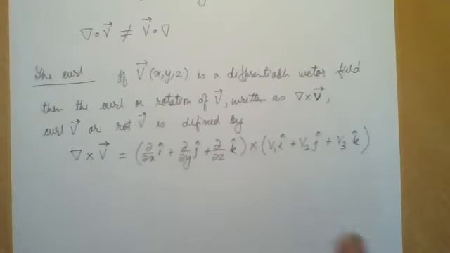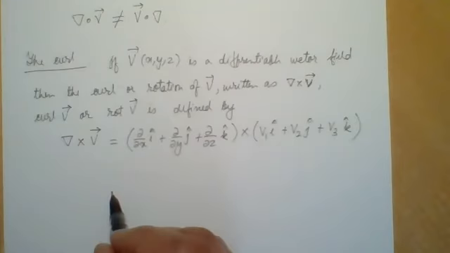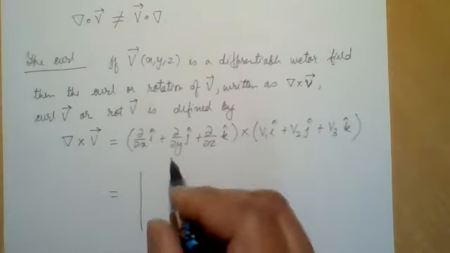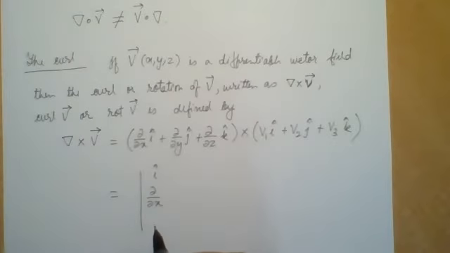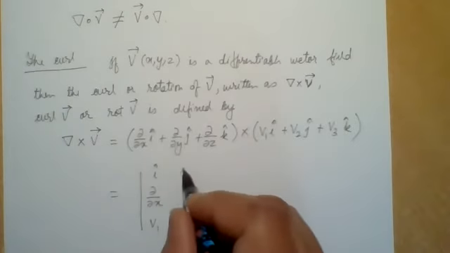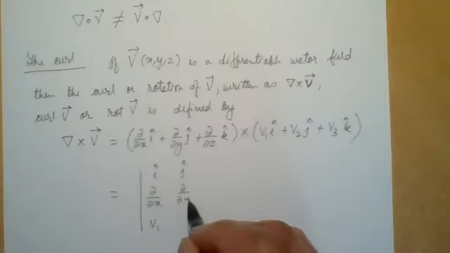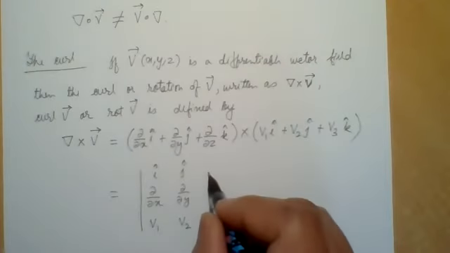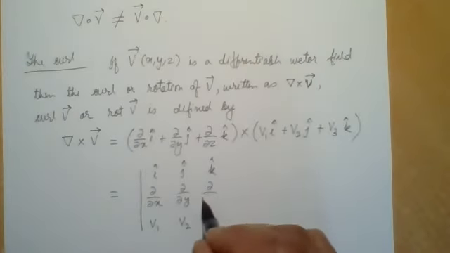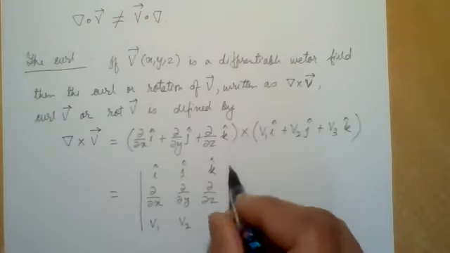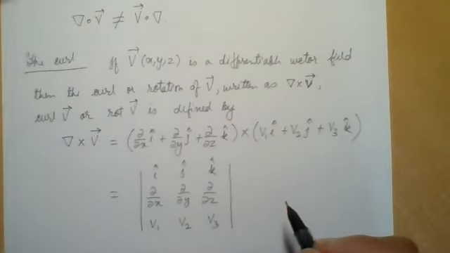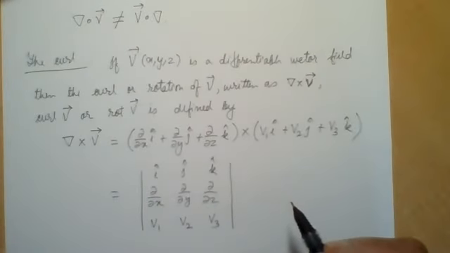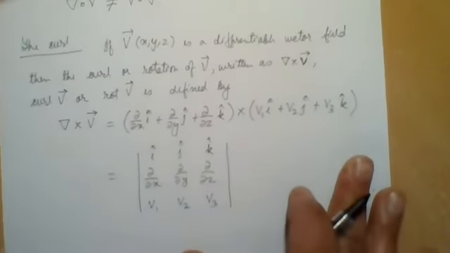So this is like the cross product of two vectors, and we have the determinant of this. i hat, ∂/∂x and v1; j hat, ∂/∂y and v2; then k hat, ∂/∂z and v3. So this is the curl of the vector v. Okay, and this should be equal to